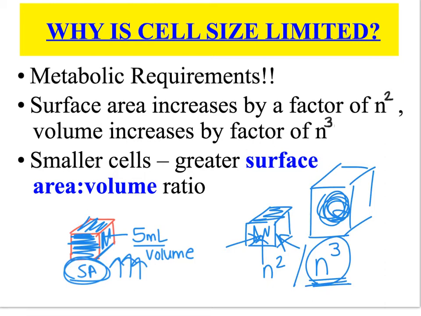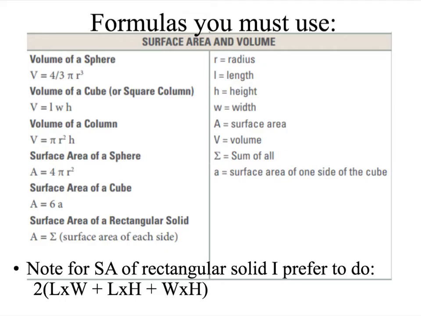So what I'm going to show you next is mathematically how we can calculate the surface area to volume ratio for different shapes of cells. And then from there, we can determine which cell from various choices would actually be the most efficient cell, the one that would be the most likely to survive, that could get things in and out the fastest.